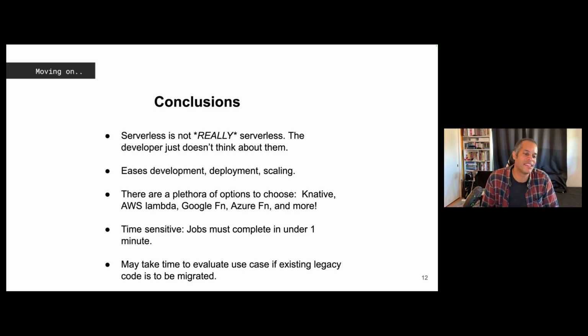We have time sensitivities. Oh, actually, I'm sorry. We have a plethora of options. We have the do-it-yourself Knative. You go to Knative, download the app, run the setup configuration script, and you have a Knative deployment right there, and you can start doing stuff. It's really simple. You just run a script. Your Kubernetes is now imbued with Knative, and when you're done, you can just rip it all back out.